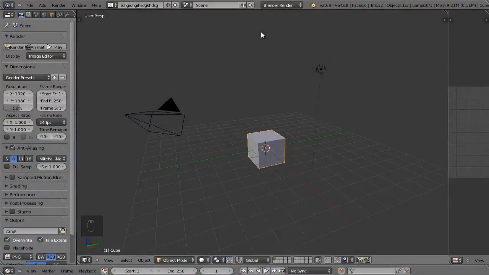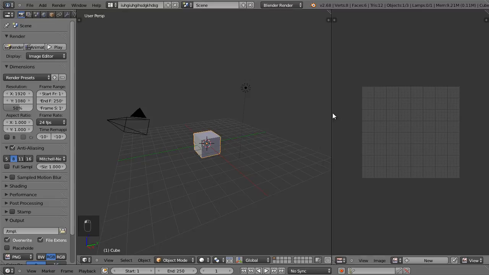Alright, now we're going to move on to a bigger project. We're going to create our own little house. In order to do that, first we need some sort of design for the house. So let's load in a picture from the reference folder on the DVD